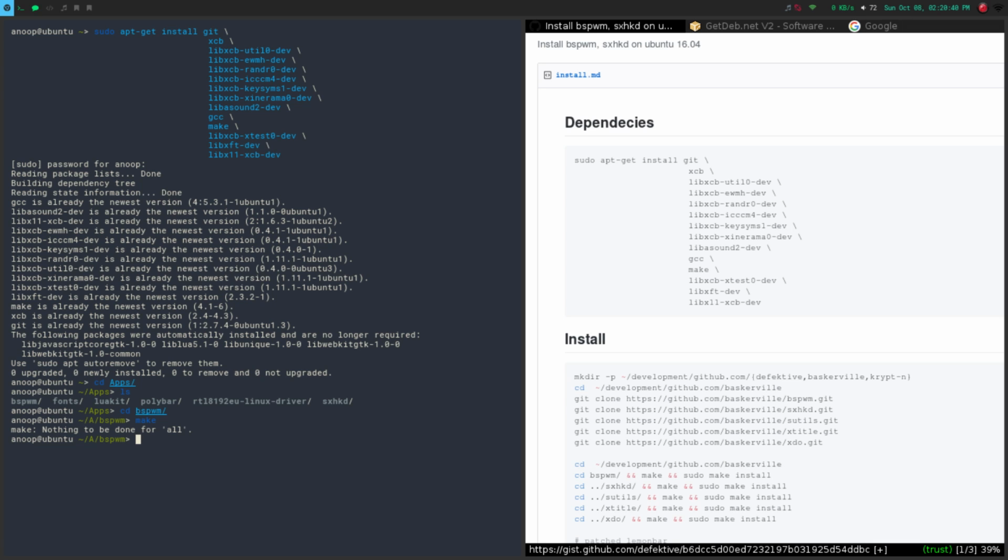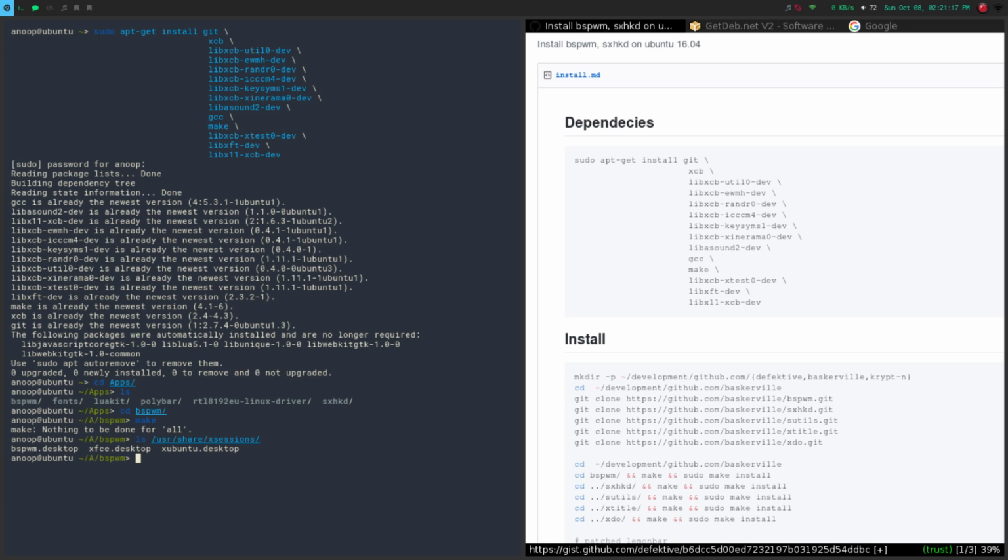After installing these two, I hope everything is fine and you have installed it. Then let's get to the next task. That is, we have to make sure that a file named bspwm.desktop is inside the /usr/share/xsessions folder. Let's check that. You can issue this command, /usr/share/xsessions, and if you find bspwm.desktop there, then it's fine, and if not,